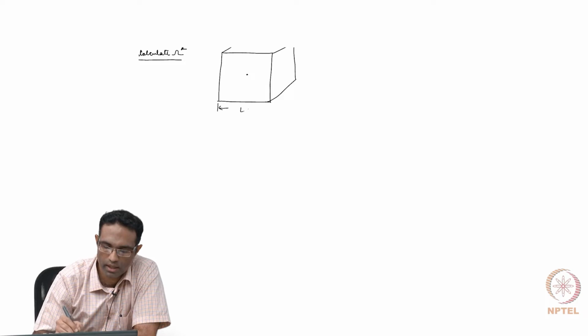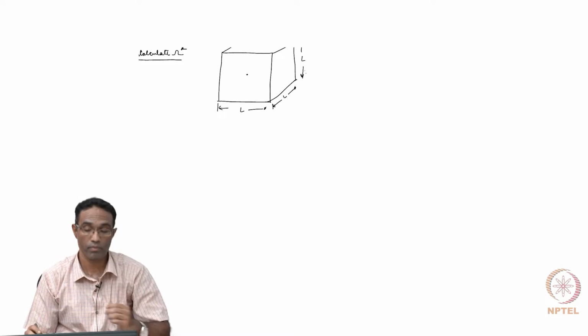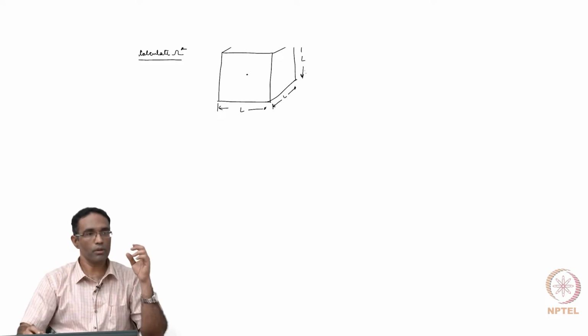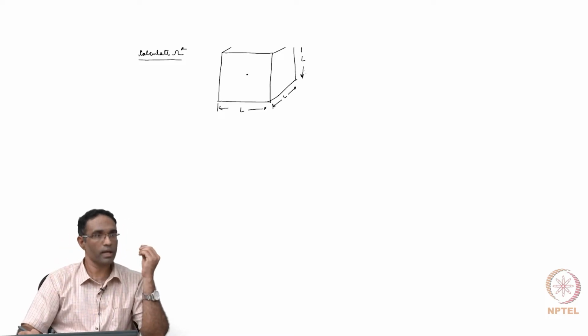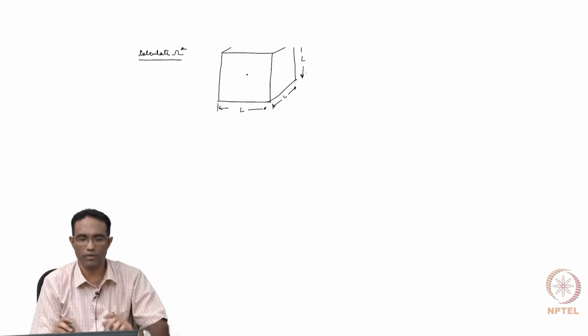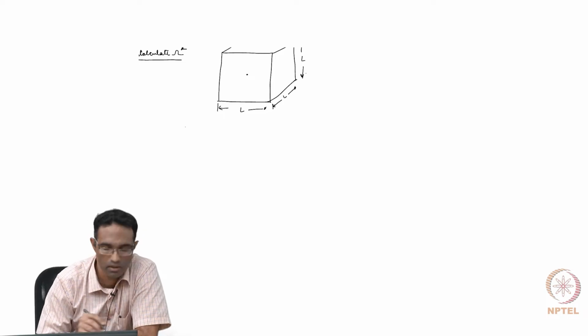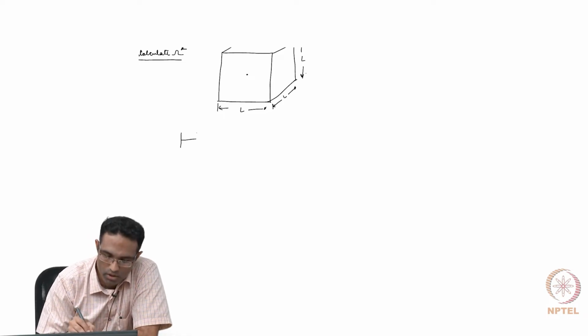And its dimensions are all L. Now when we talk about quantum mechanics, you have to solve the what equation? Schrodinger's wave equation. The Schrodinger's wave equation has to be solved for this particle,